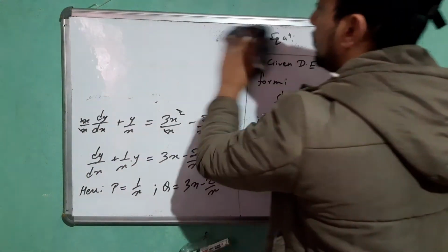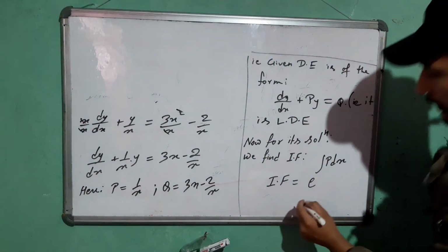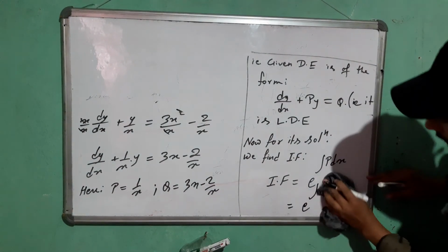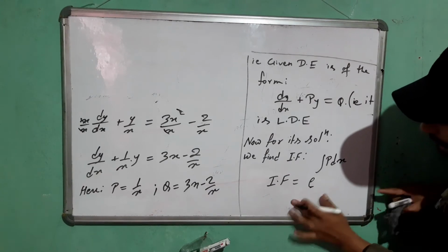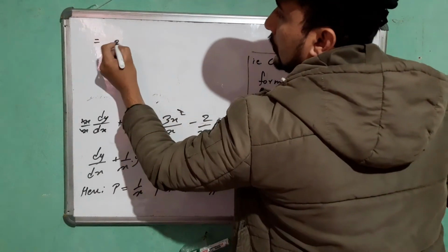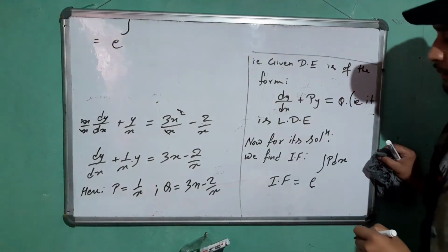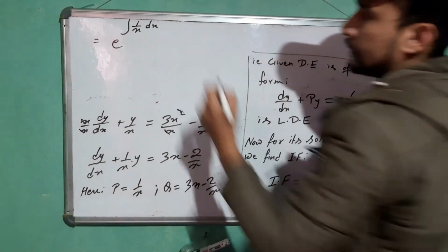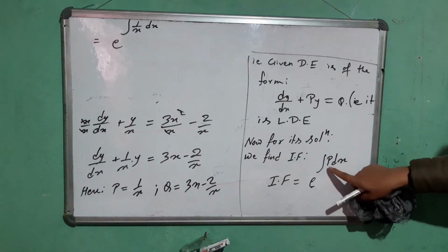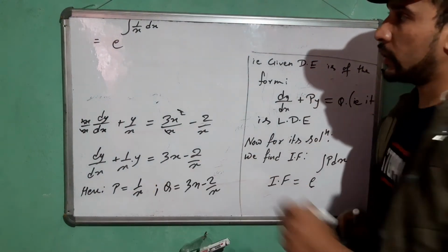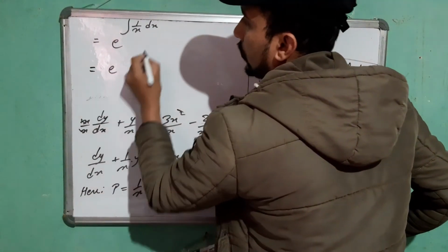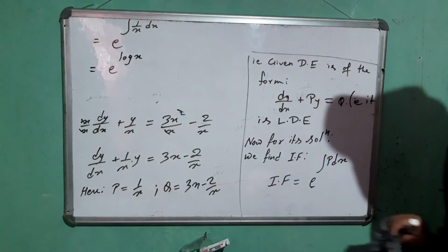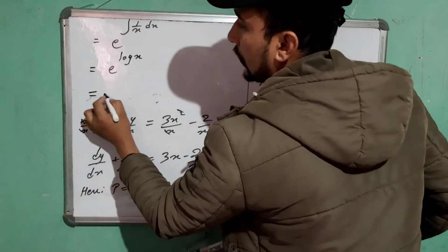Erase this part. This will be equal to integration e to the power integration p. I'll do it here. Okay, e to the power integration p means how much? P is 1 by x dx. I have replaced the value of p, P is 1 by x. So e to the power integration 1 by x is log x, we know this, and the value of this is x,